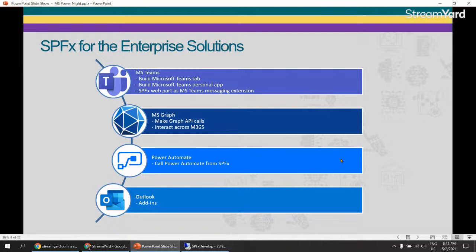Also, we can use SPFX with Microsoft Graph. So we can make the Graph API calls from SPFX solution, as well as we can interact across all the Microsoft 365 apps and services that we have. So for example, if you want to show the emails from the users in an SPFX solution, yes, it can be done. Obviously, we will need some kind of privileges that need to be set on that solution, but